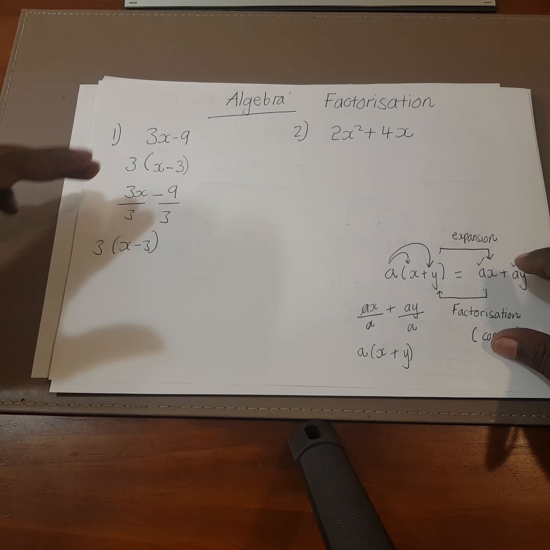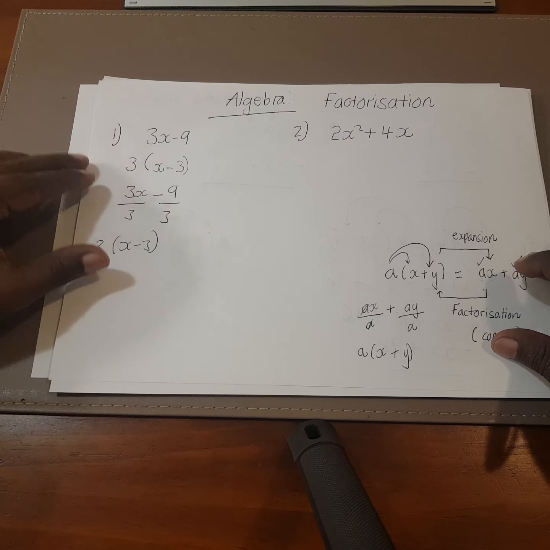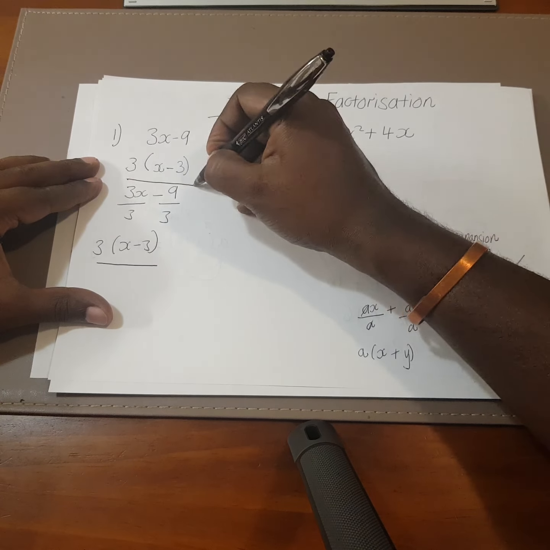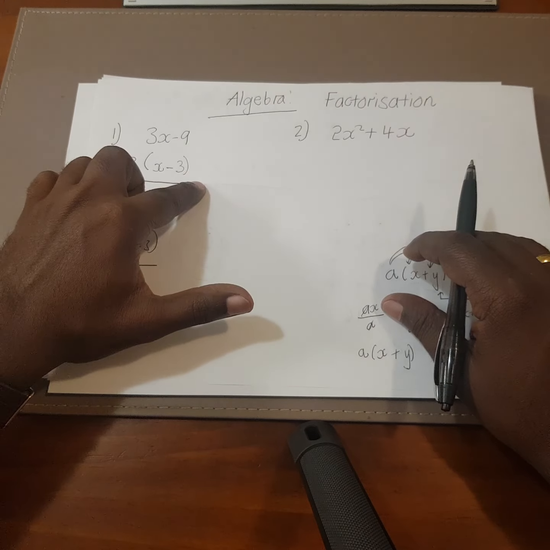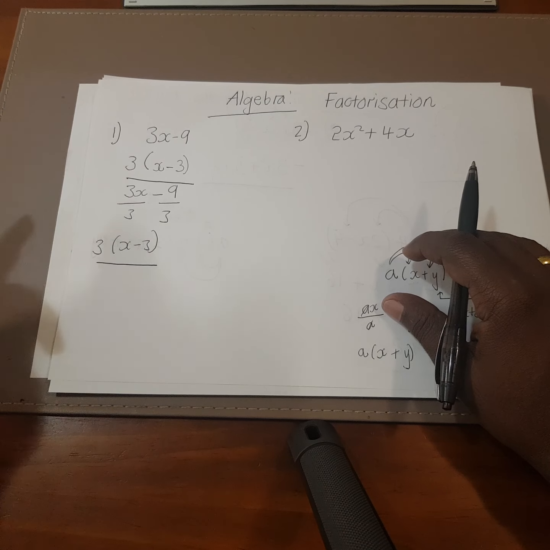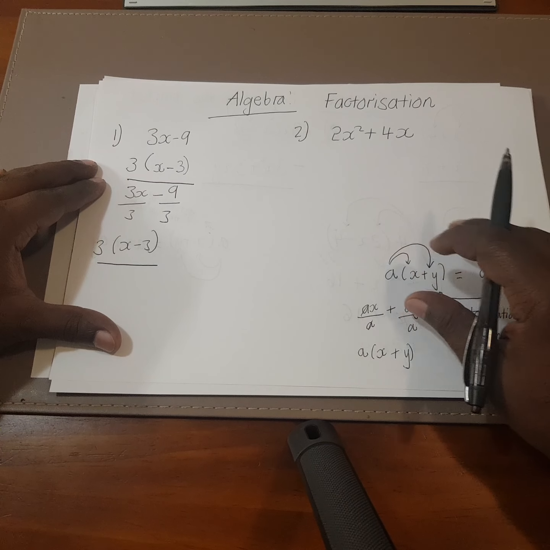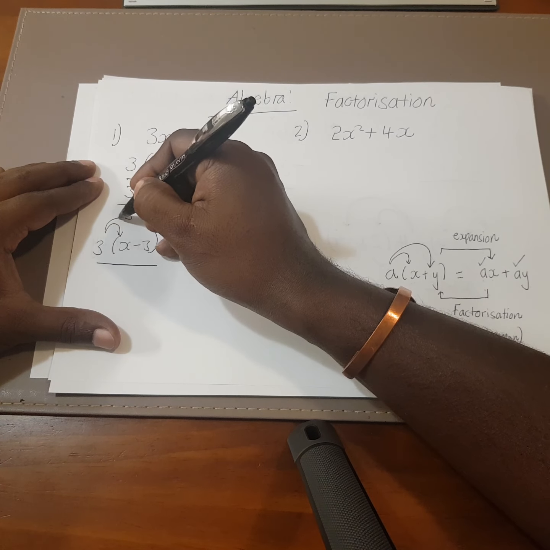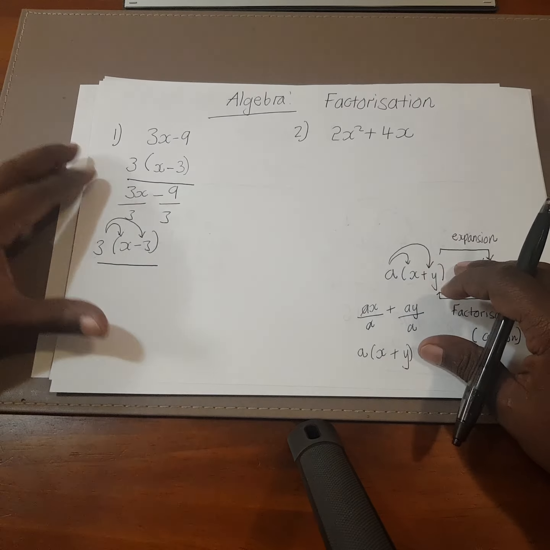But once you become experienced, you can work this out mentally. So your final answer is 3 open brackets x minus 3. And a lot of students ask me in class, how do I know if my answer is correct? So I tell them you can actually certify if the answer is correct. All you have to do is multiply 3 times x and 3 times negative 3,